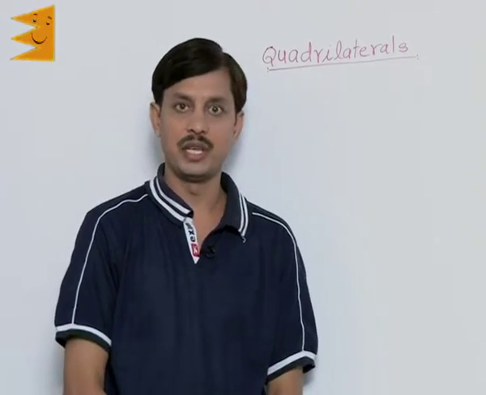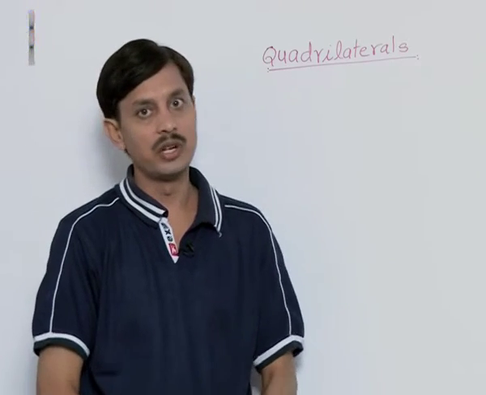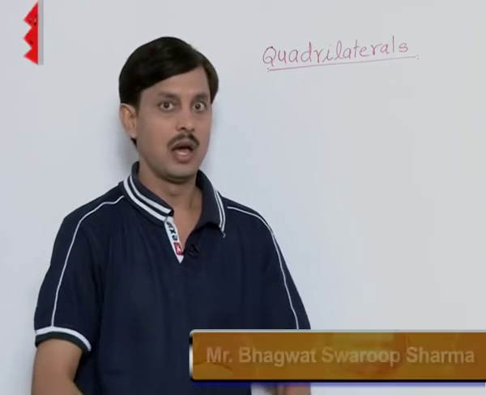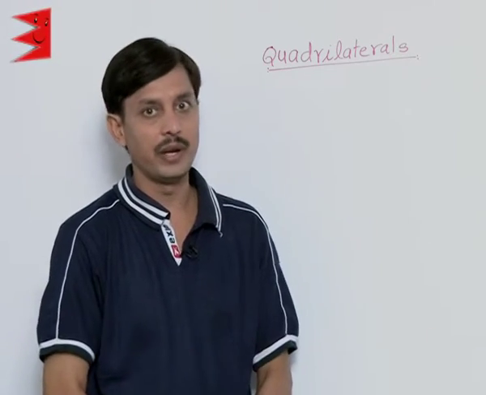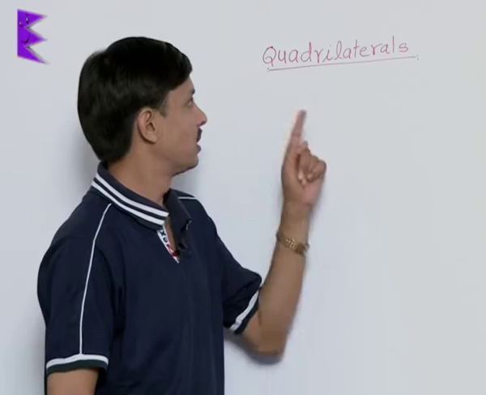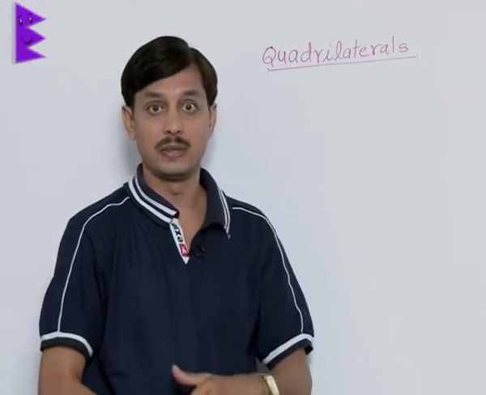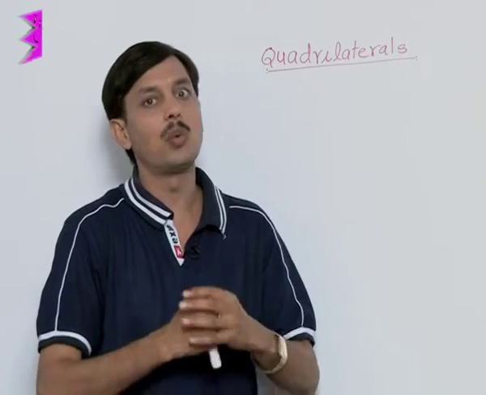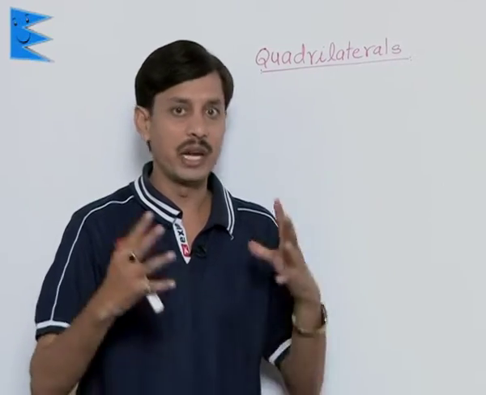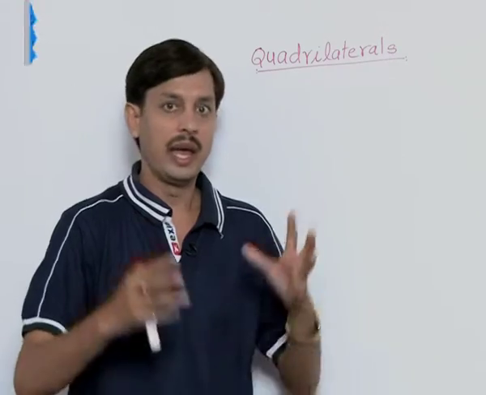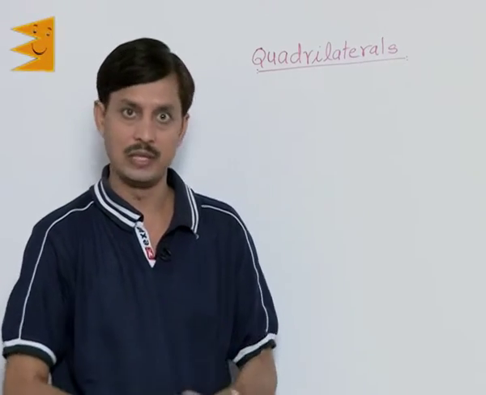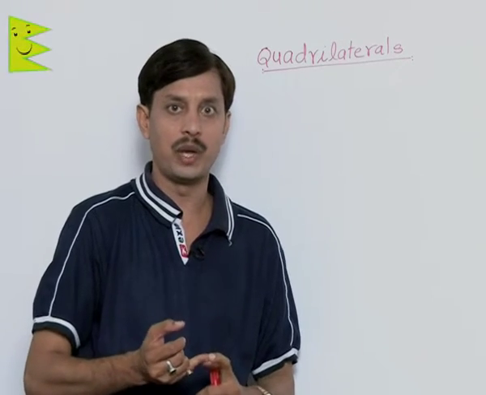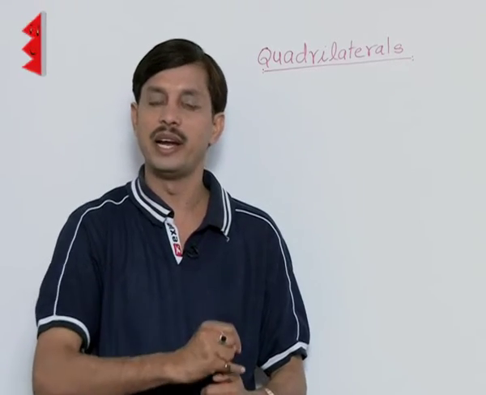Now, after discussing Euclid's geometry, lines, angles and triangles, in continuity of it, the new topic is quadrilaterals. So, first of all, we must know what a quadrilateral is, how many types of quadrilateral there are, and what their properties are. First thing, as we know, a triangle is a closed figure bounded by three sides.